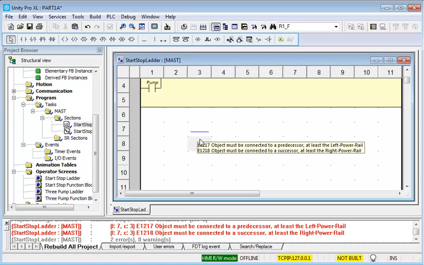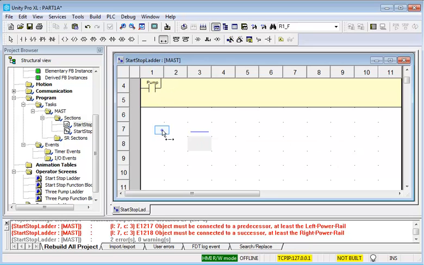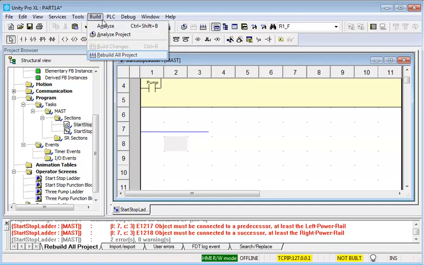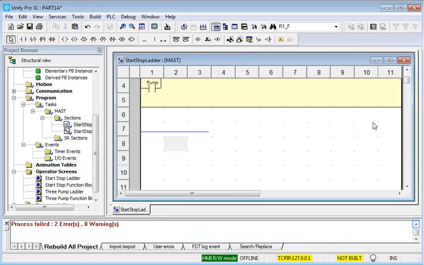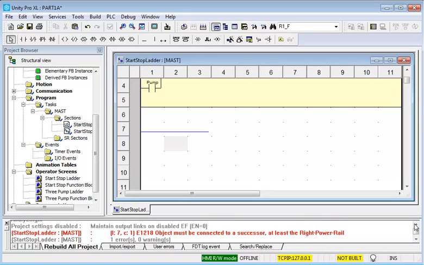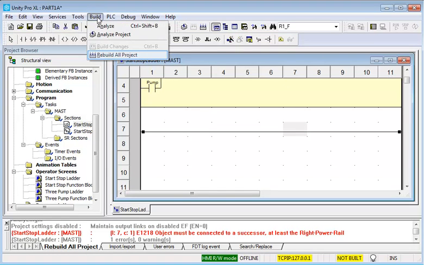And it says that the object must be connected to a predecessor. What that means is that we need to have our object connected to the left hand side. Even though it is still blue, I'm going to build it again. And notice now there's only 2 errors, and it says the object must have a successor or be connected to the right rail. If I put a line across and now build it,